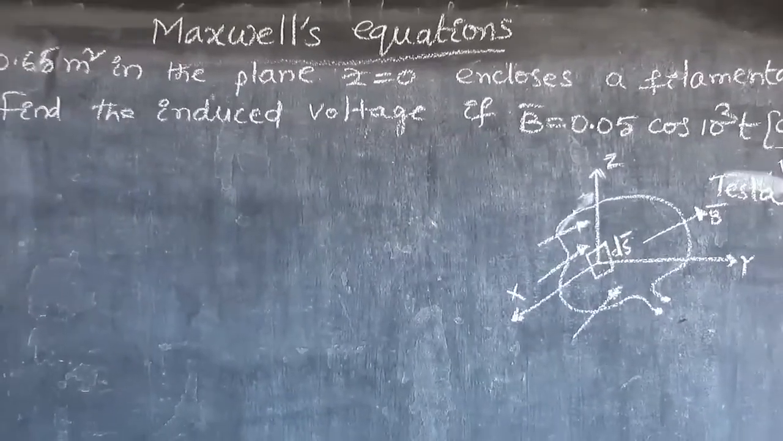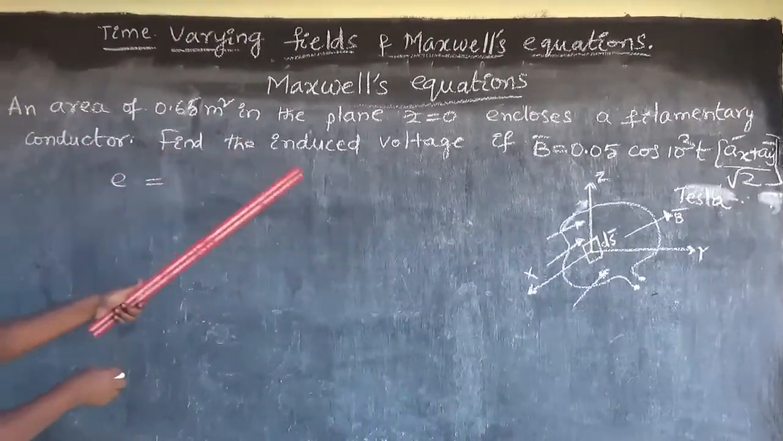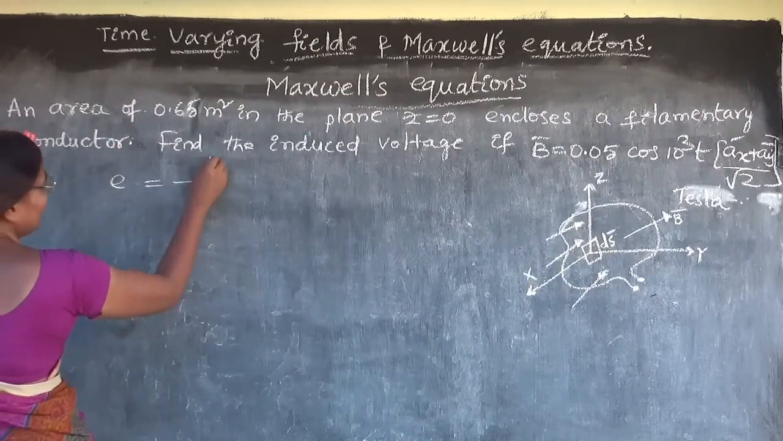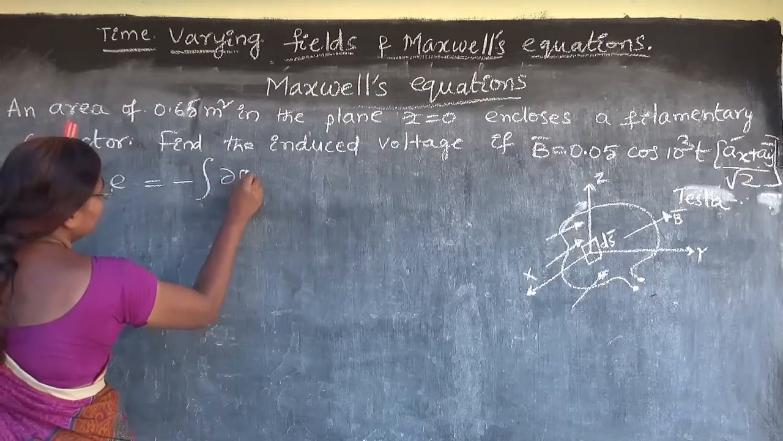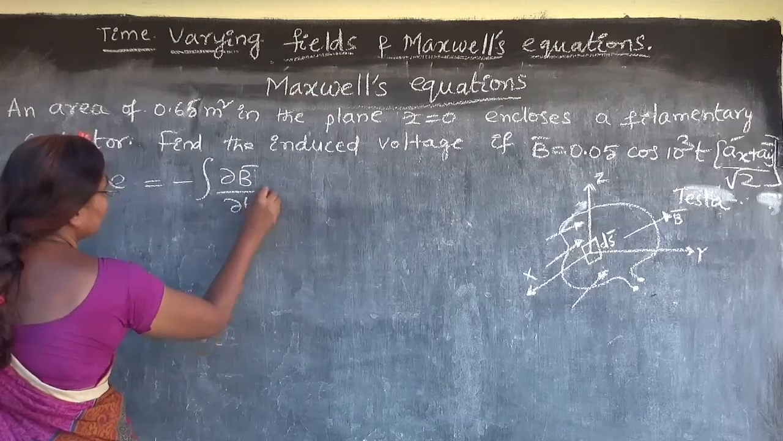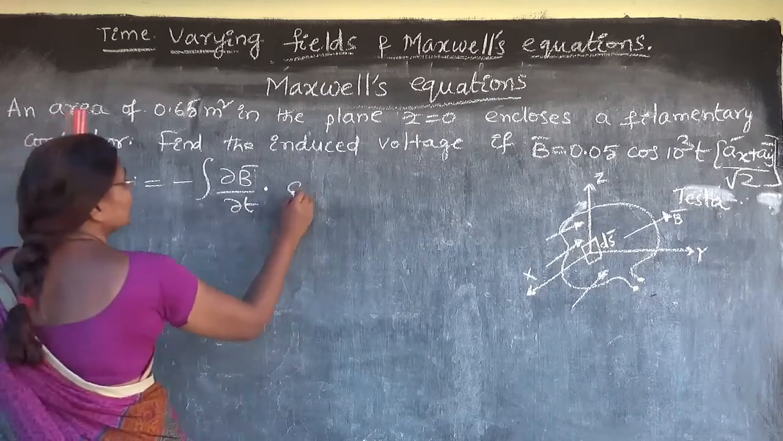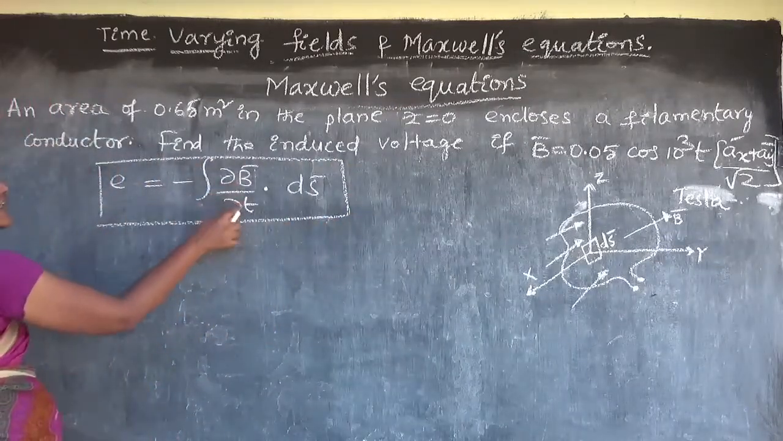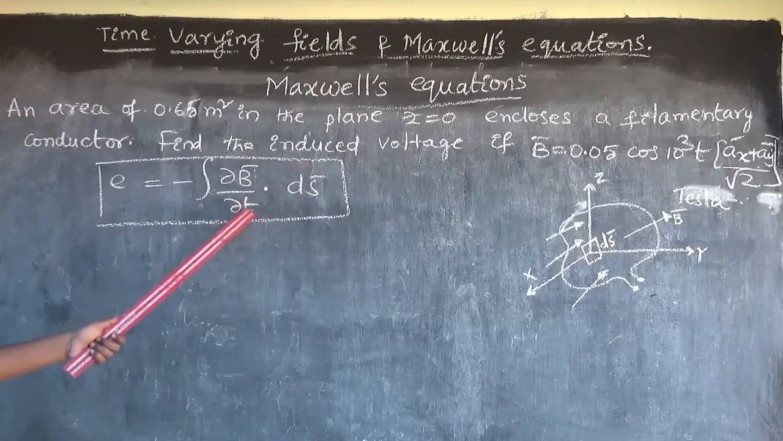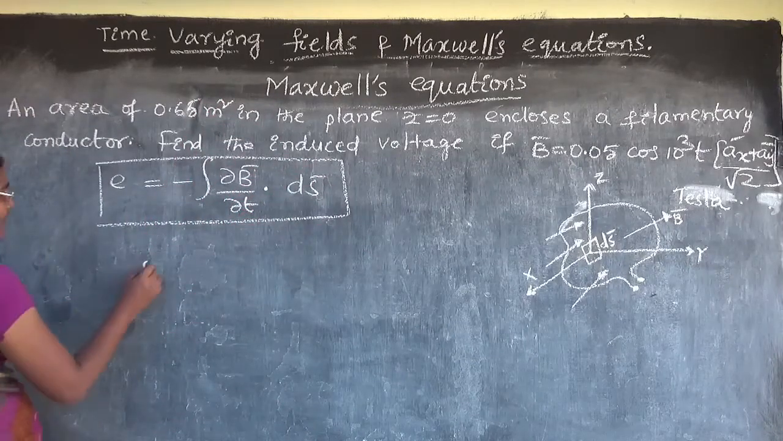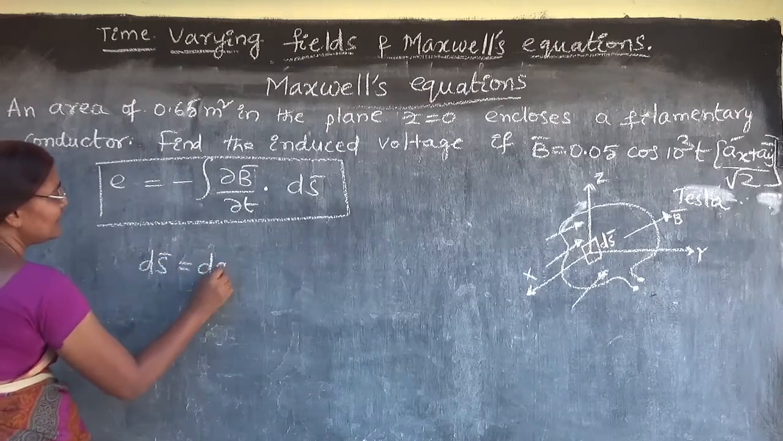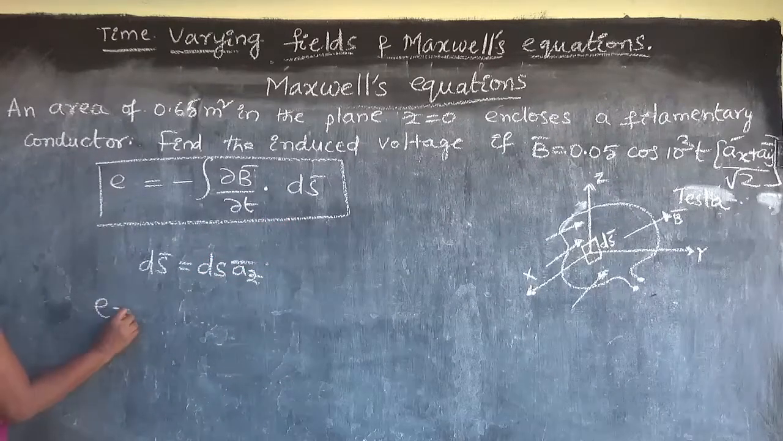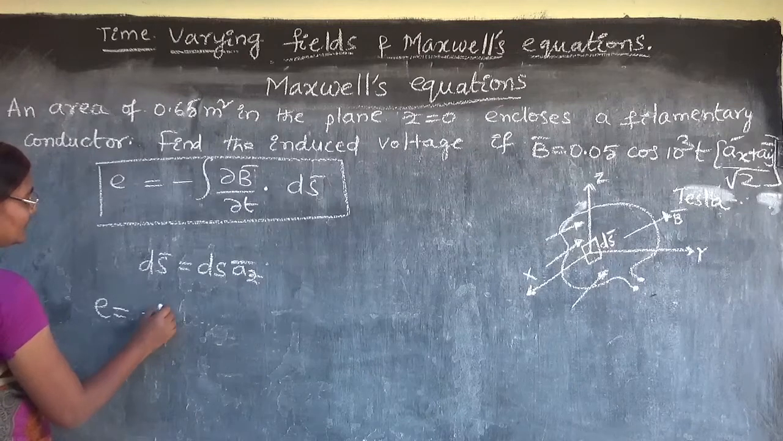To find the induced EMF, the induced voltage, I should apply the formula minus integral of dou B bar by dou t dot ds bar. This formula I have to apply because my field is sinusoidal, my field is varying with time. Now what is ds bar? ds bar is equal to ds az bar. So my EMF will be equal to minus integral of